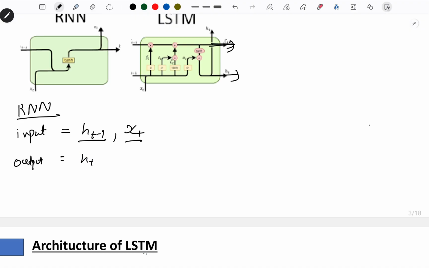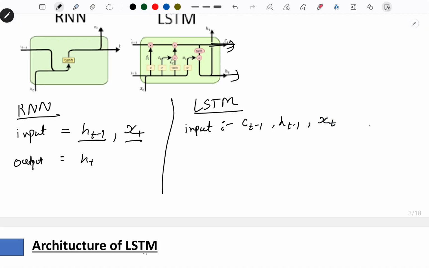This is a simple RNN. But in the LSTM, you are maintaining two channels now. As an input you also have two channels, the previous short term state and previous long term state. So c t minus 1, h t minus 1, and the current input xt. This is the current state input, this is the previous long term feedback, this is the previous short term feedback, and your output is